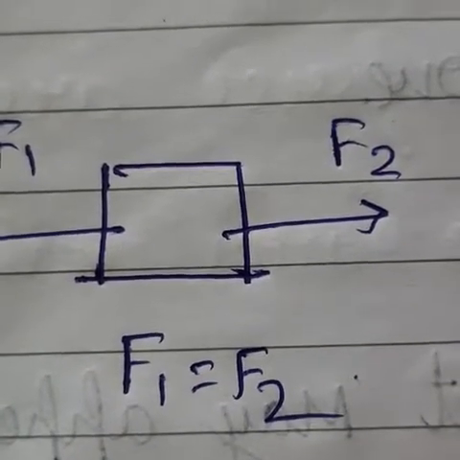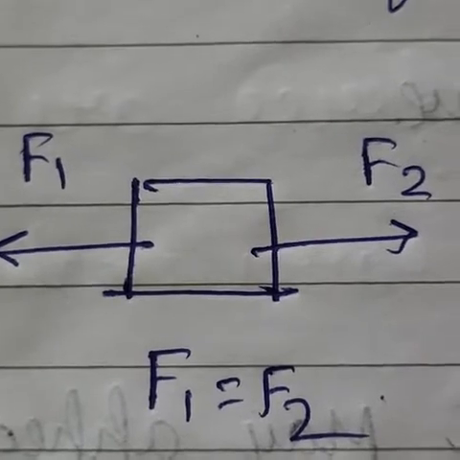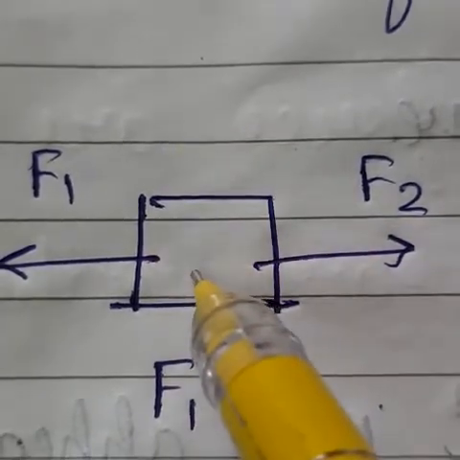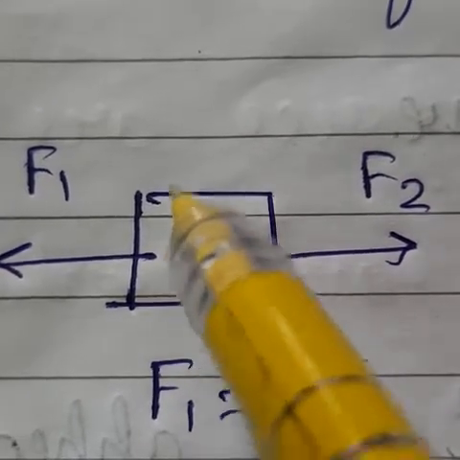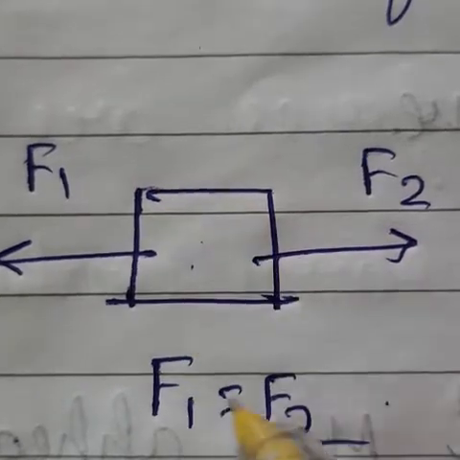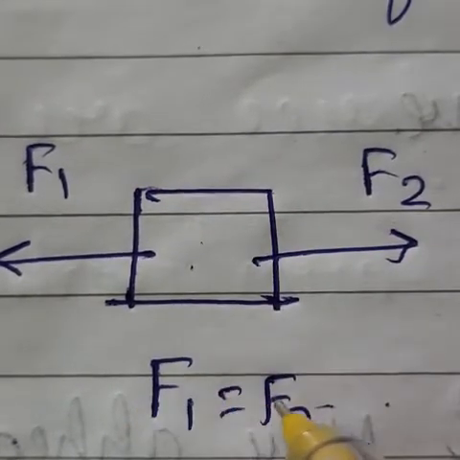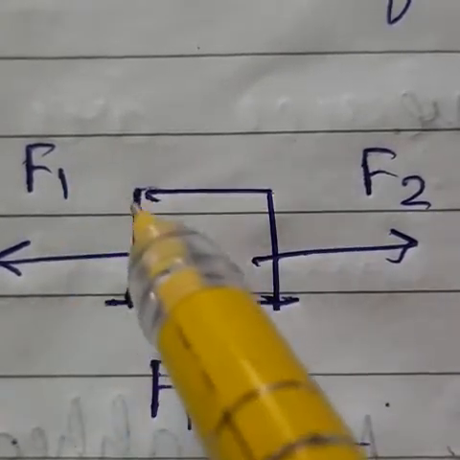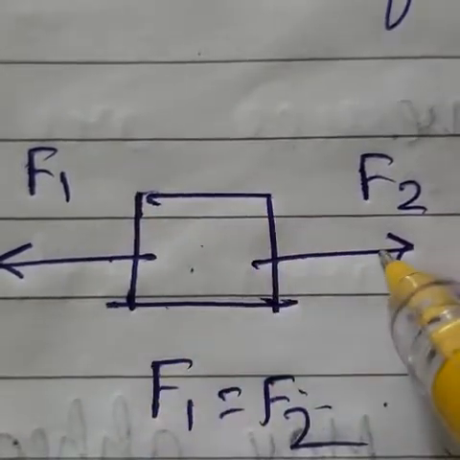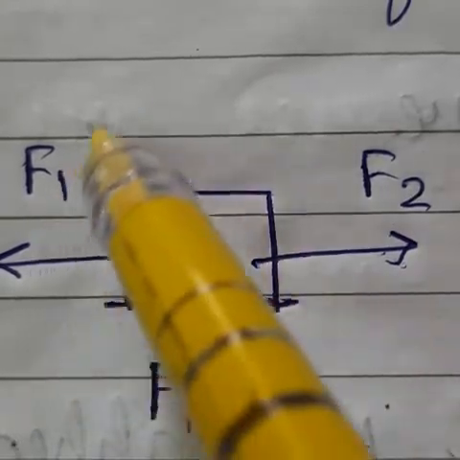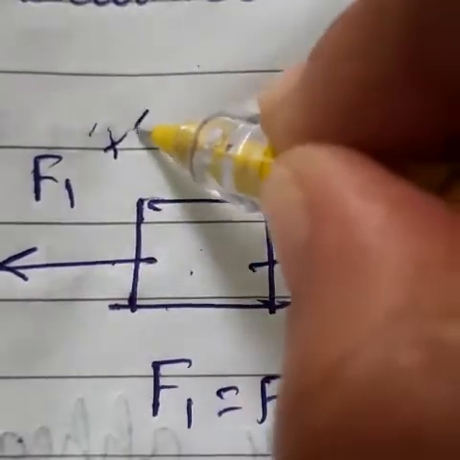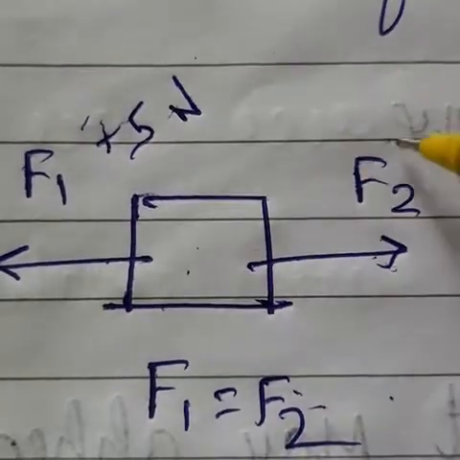If both are equal, then this object will not move. Still, the force is applied on this object, but it is not moving. That means the forces are equal in magnitude but opposite in direction, which is why they cancel each other. For example, if this applies a force of plus 5 newton, this one is also applying a